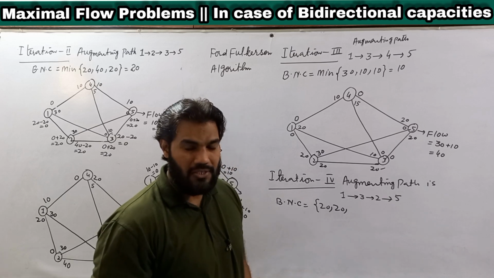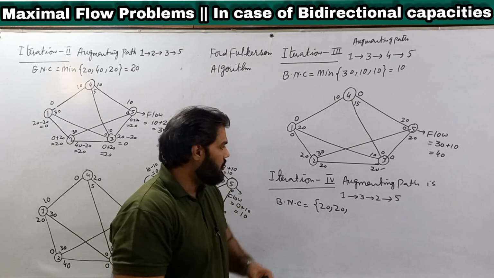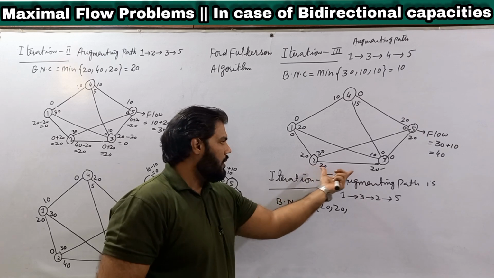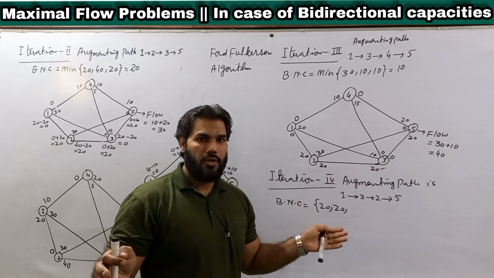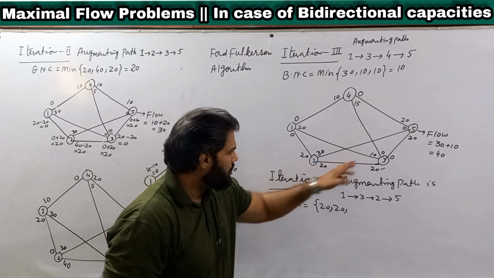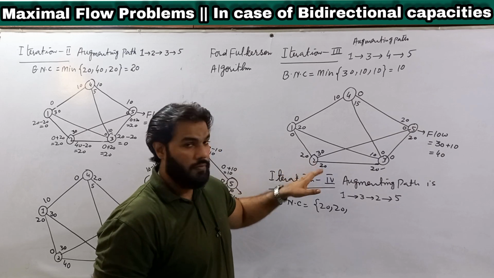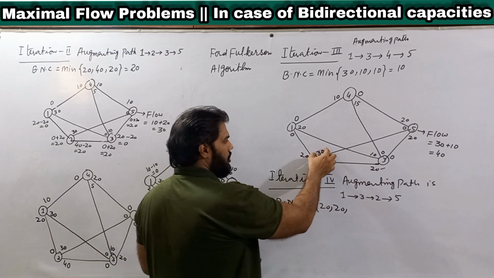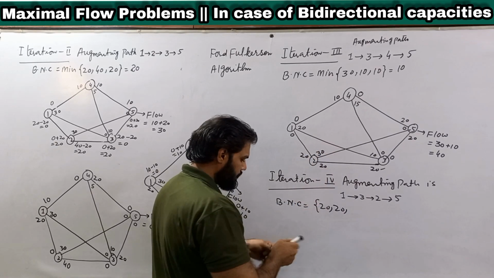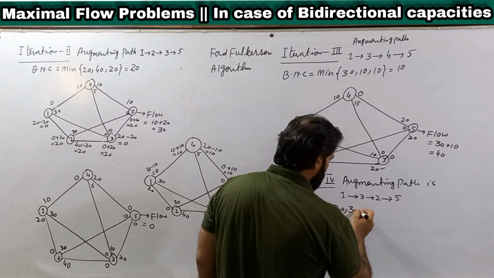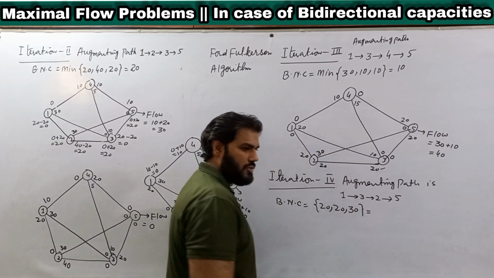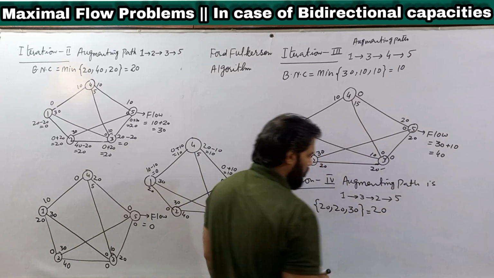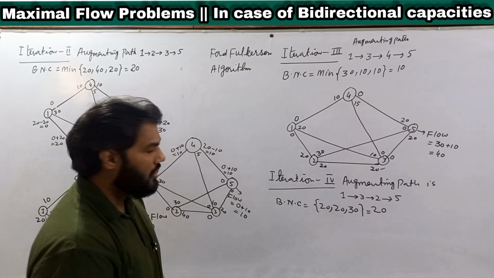Actually this 20 units is for the edge 2 and 3. So when we use edge 2 and 5, the starting capacity from node 2 is 30. So the minimum of these numbers is 20, so the bottleneck capacity now is 20 units. So the last figure here,